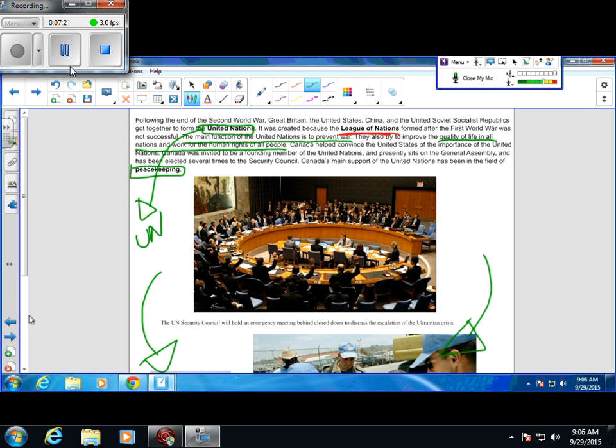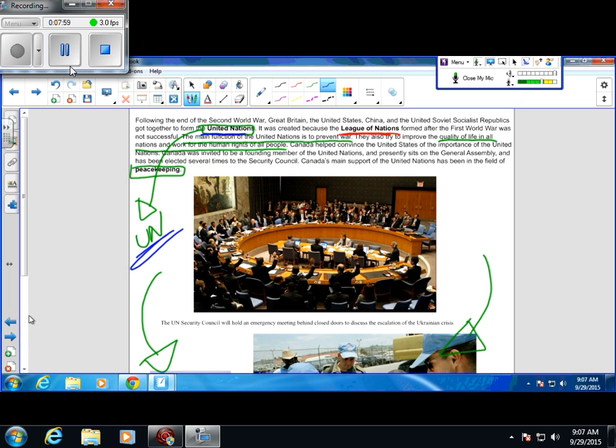Last week on Friday, we talked about the United Nations. I'm underlining it in blue today. The United Nations, the UN for short, was another organization between Great Britain, the United States, China, Canada, and other nations as well. It's similar to the League of Nations, as you recall from what we talked about during the First World War.